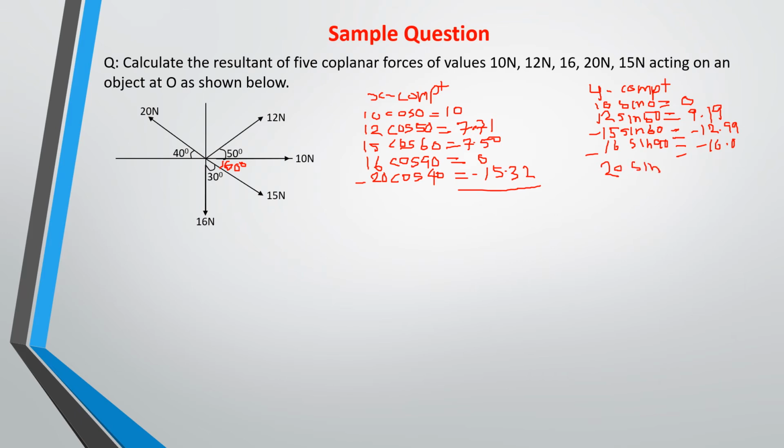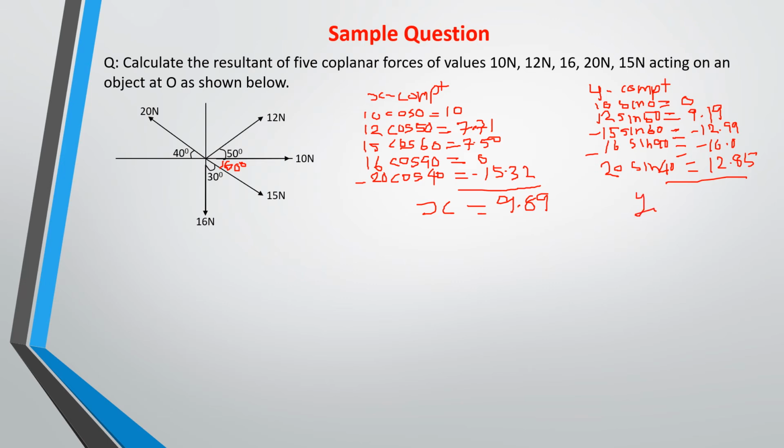If you work that out, you are going to have 12.85. After you are done, add everything together. If you add everything together, the X component of this force will give you 9.89,